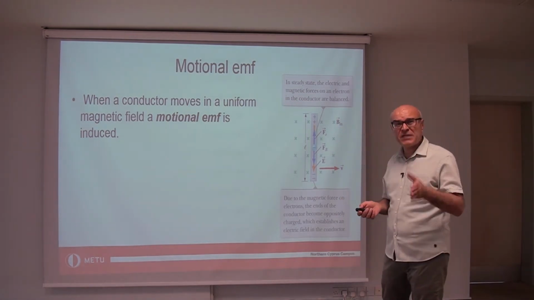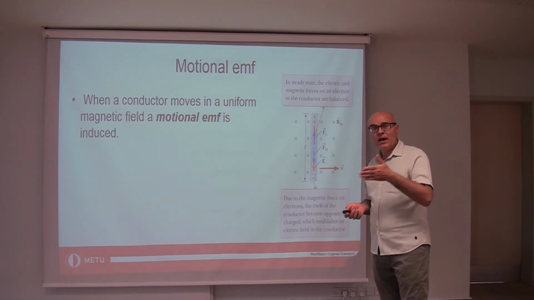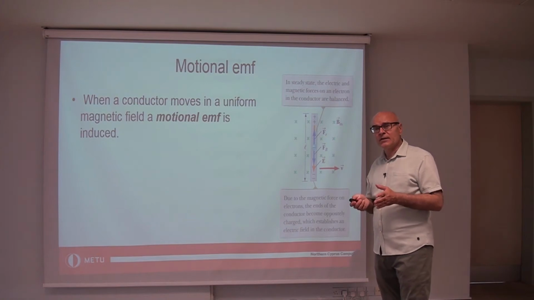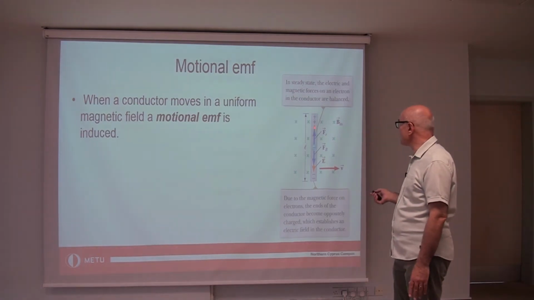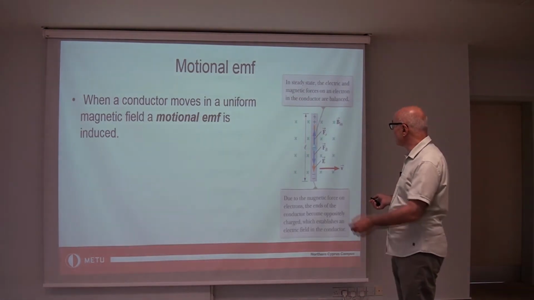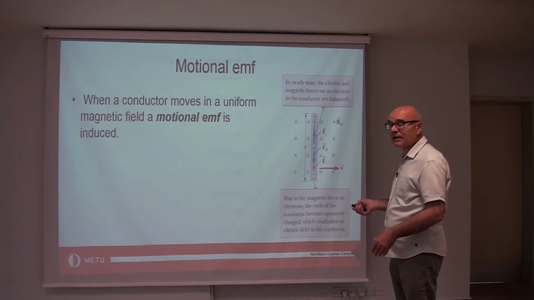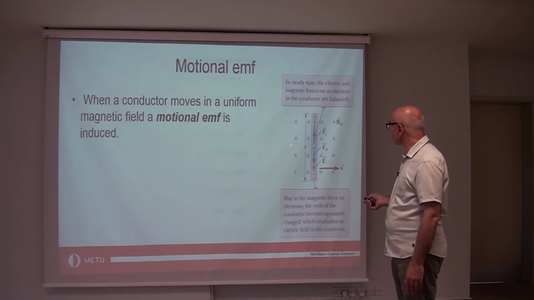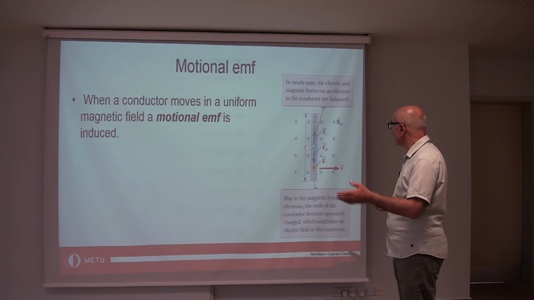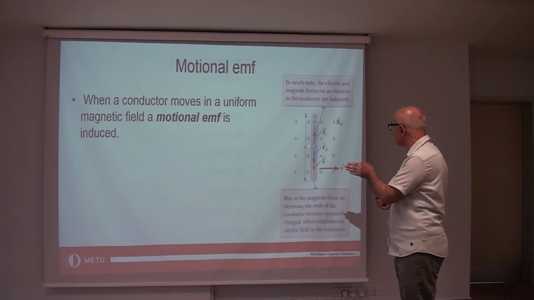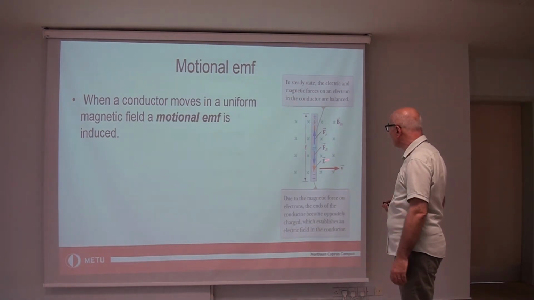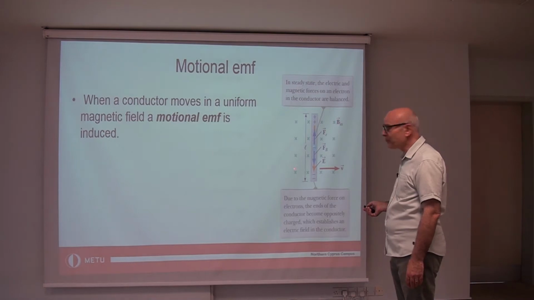So let's consider a specific example and try to derive an expression for this motional electromotive force. Our specific example is where we have a conducting bar, and it is insulated. In other words, it is not in contact with anything else. And we assume that somehow we are moving this to the right by an external force with constant speed. Okay, so we pushed it somehow, and then we maintained it moving with this constant speed here. Okay, now